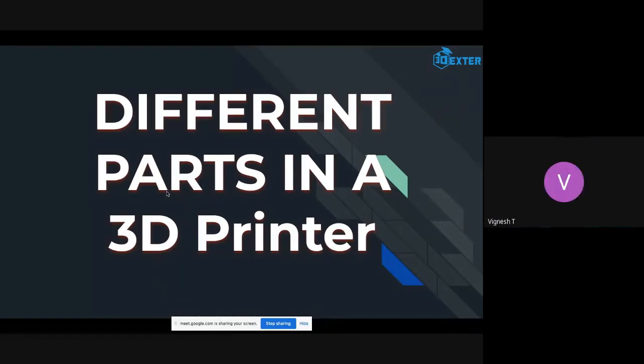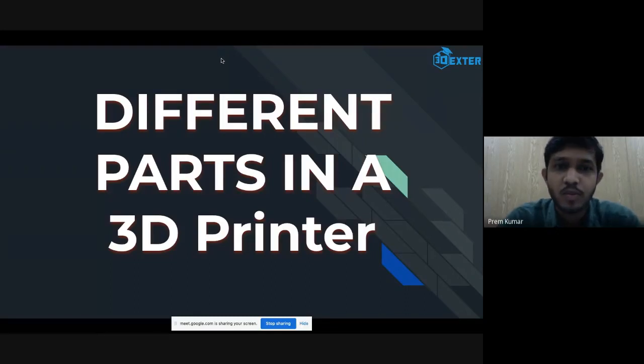Okay, thank you. So before starting our presentation, before seeing what parts are used in a 3D printer, we need to understand what types of mechanisms there are in a 3D printer. So we will see 2 or 3 basic kinds of mechanisms and how they do printing. Once we know that, we can enter into the different parts used in those mechanisms. The parts will be the same for all the different kinds of mechanisms, but the arrangement will be different.